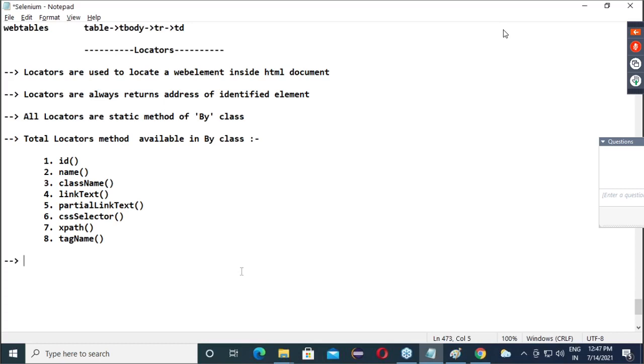Same class it is written. So here I will write: all locators return type is By class only. Note down this.